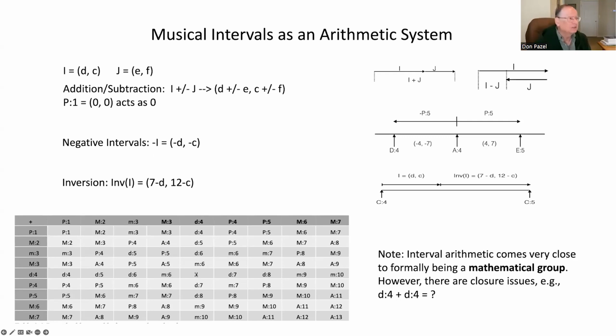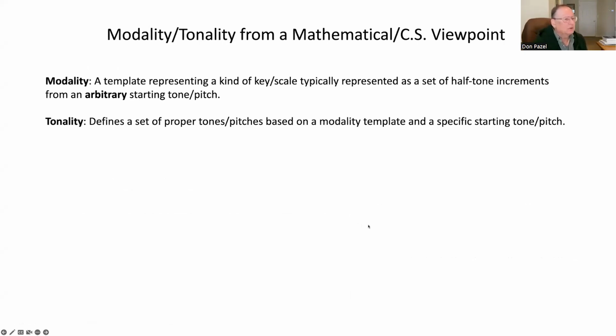It has nothing to do with adding. Everything is commutative, everything works out beautifully, but it turned out that you don't have closure, but for the most part, it is practical to use. You do have to catch exceptions, but this was another little discovery that came along the way that I thought was good. And interval arithmetic can be very useful in furthering to the next thing, which had to do with keys or modality or tonality or whatever you want to call it.